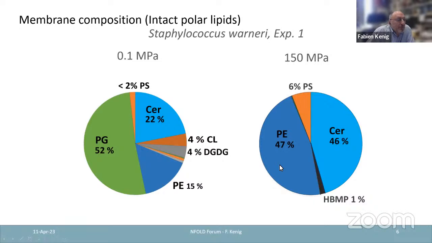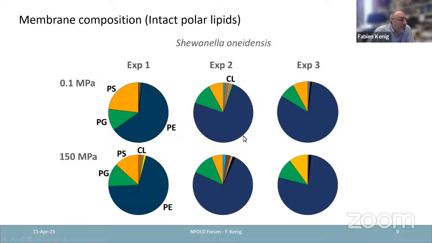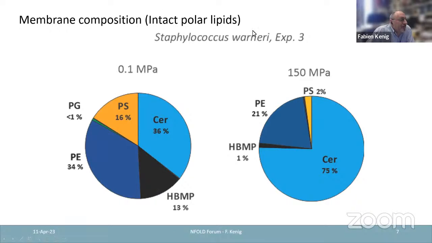They are very small amount. They essentially disappeared and left room for PEs and ceramide to occupy the entire space. This also happened in our third experiment, Staphylococcus wanneri experiment 3, where we had other constituents. We had no PGs in that control, and after the experiment, the system was dominated largely by ceramide, showing that there was a very